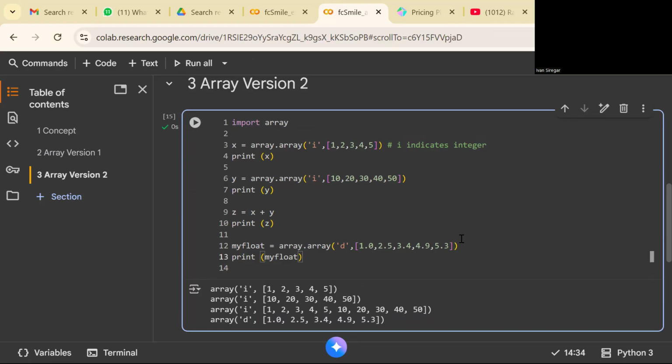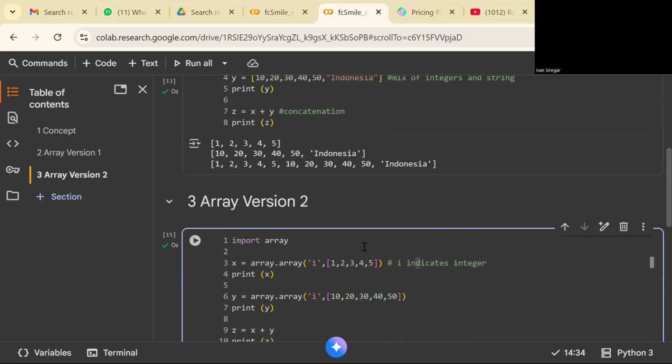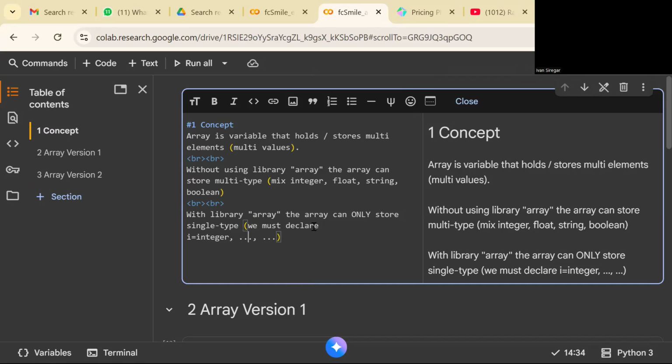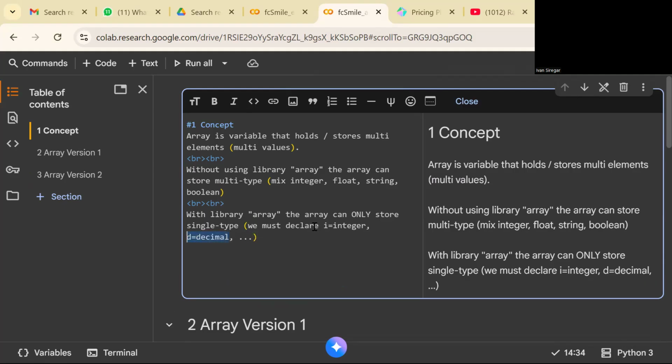So you have the values in one format, which is decimal. D stands for decimal, which is the float. Adjust your code. Now you update the definition with D here, meaning decimal. Update the code.